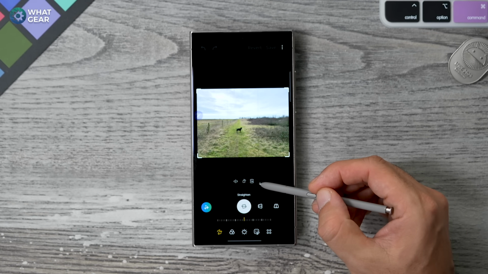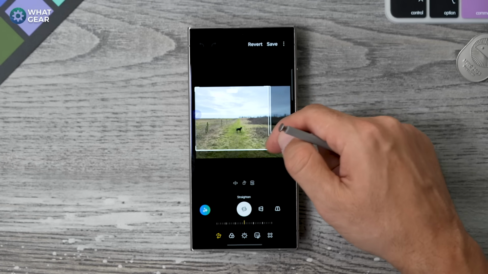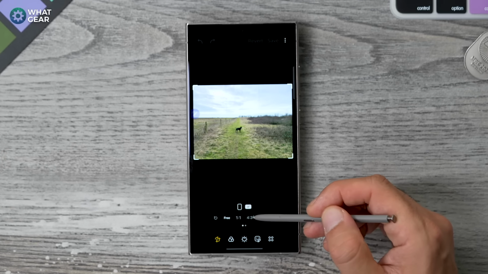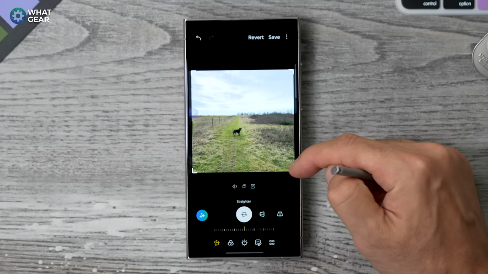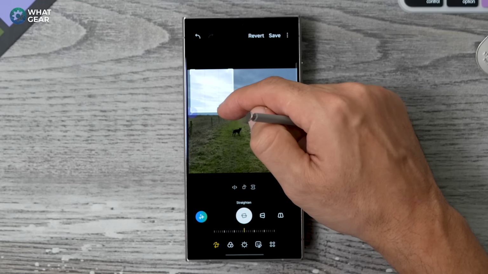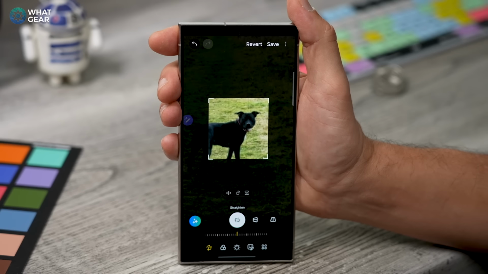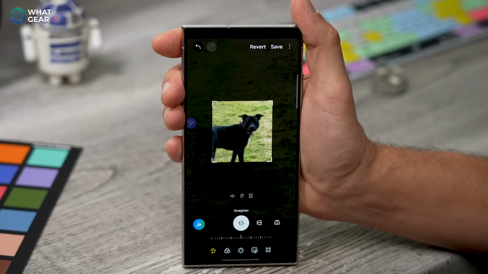Where it says free in very small letters here, that's the ratio of the crop. So right now you can just crop it to whatever size you want. If you go to free, you can choose a specific ratio. I'm just going to go to the square ratio 1:1. And we're going to crop right into the center of this photo where the Phantom Menace is. I've cropped so much of this photo now that everything in the center is actually quite soft and blurry.